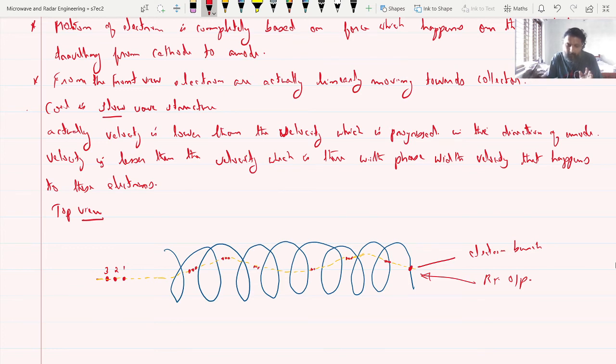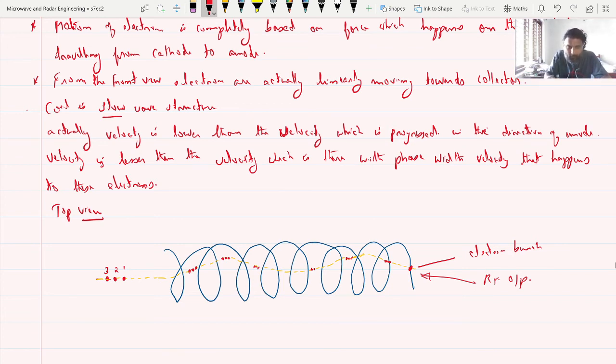So I have drawn the trajectory curve. Electrons are facing increasing velocity during the positive half cycle, and electrons are facing decreasing velocity during the negative half cycle. So this process will be continuous. There will be a retardation force, and the electron flow will be continuous here. In the second section also,